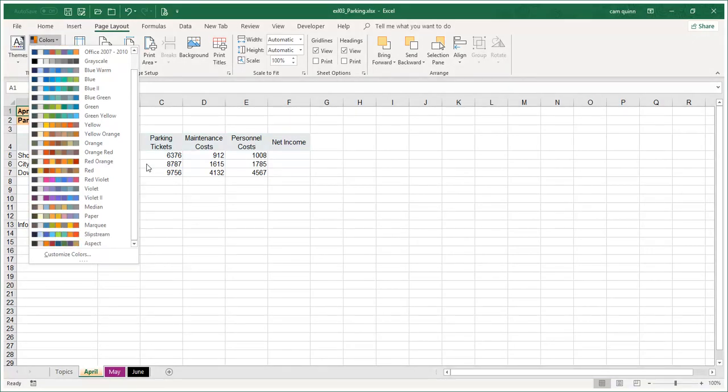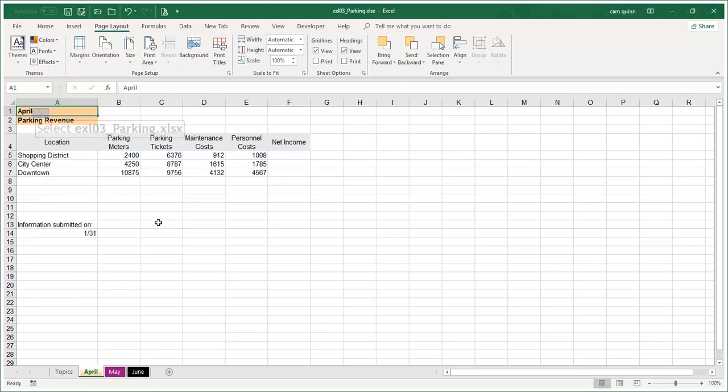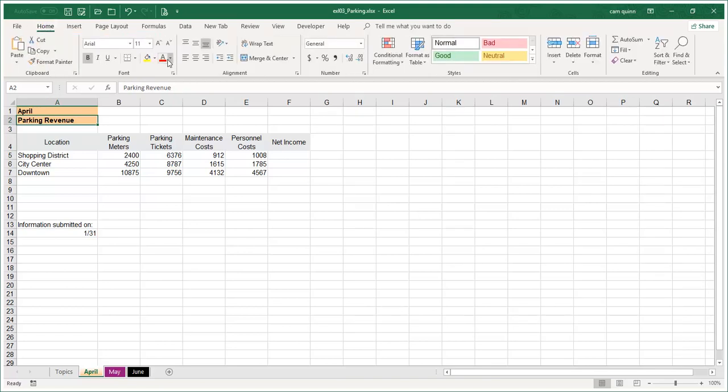But before I do that, let's take a look at the color schemes. As you can see on the colors, the first two colors are always the same. It's black and white. But then you have 8 other sets of colors. So if you look on slipstream, you've got kind of a blue, turquoise, green, and so on. The point here is that if I click off of that for a second, if I take a look on the April worksheet here, you can see that the colors for the April cell A1 and A2 were kind of an orangey color. If I go on the Home tab, and if I click on font colors or background colors,